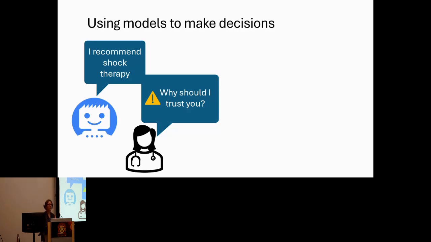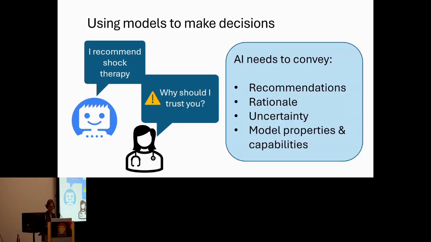The AI recommends shock therapy. The user might question that idea. And what that brings up is this idea that AI models can't just provide an answer or a recommendation. They need to do a lot more than that. In addition to the recommendations, they need to provide a rationale for the recommendations, the uncertainty around the recommendations, and